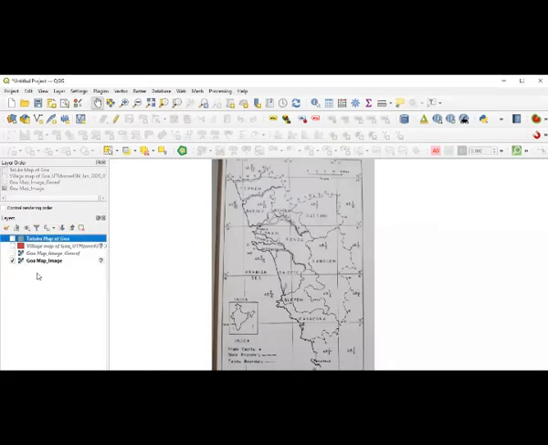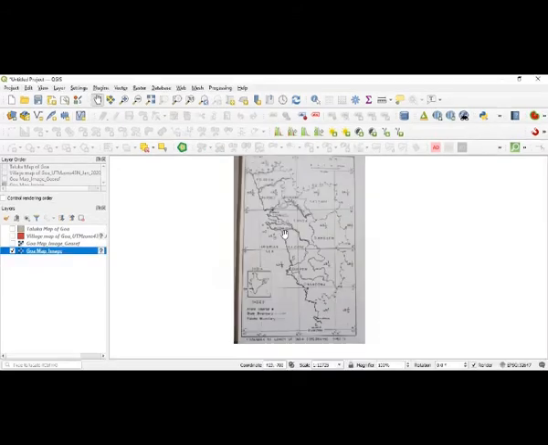By just clicking in the same square, you can uncheck them. You can make them disappear from the canvas. Now, when I am moving my cursor here on the map, you can see on the taskbar, which I told you about, the coordinates are there.